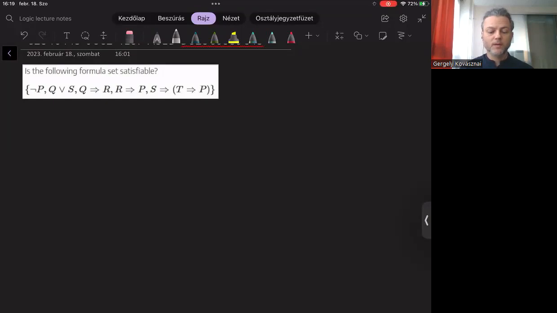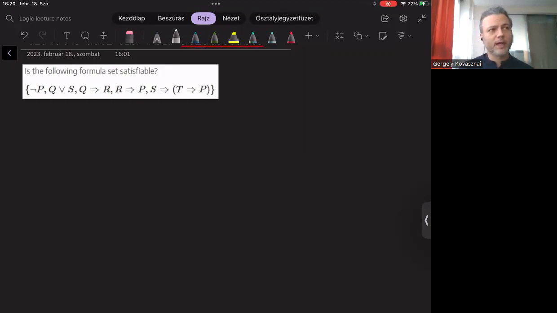Now we have to prove that those 5 formulas are satisfiable. In the previous modules, we learned that this can be solved by using a truth table. However, in this case, using a truth table would be very inconvenient, since in those 5 formulas, we have 5 Boolean variables, P, Q, R, S, and T. This means that we should generate 2 to the power of 5, that is 32 interpretations inside the truth table.